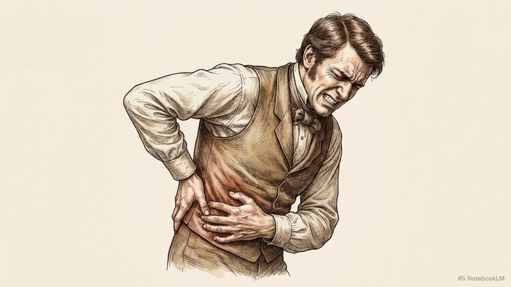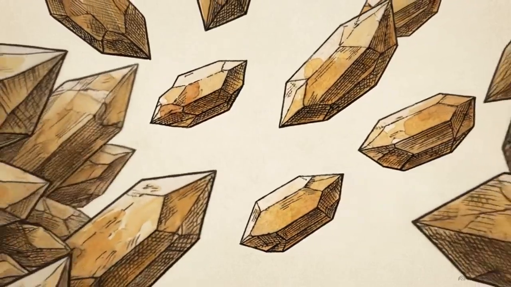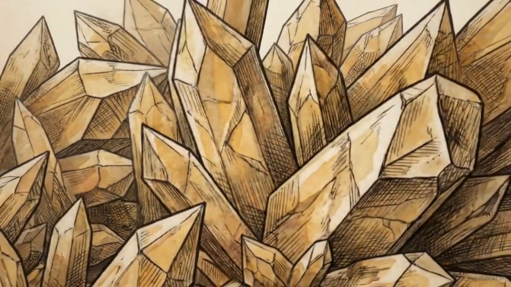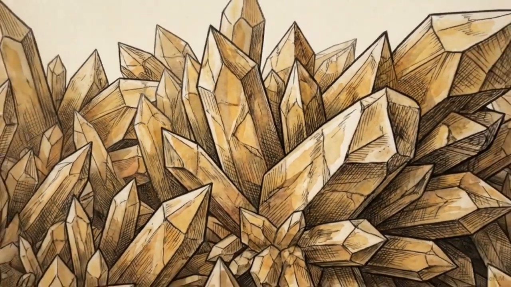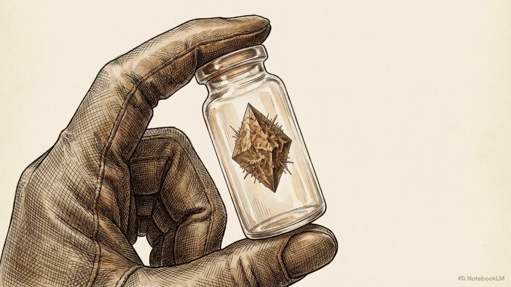A patient arrives in the emergency department with sudden severe flank pain. Inside their urinary tract, jagged crystalline structures are actively precipitating out of solution, aggregating into hard masses that obstruct normal flow. While immediate care focuses on pain management and renal function, long-term resolution requires identifying the specific chemical makeup of